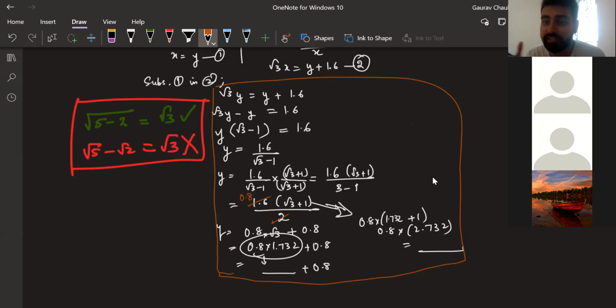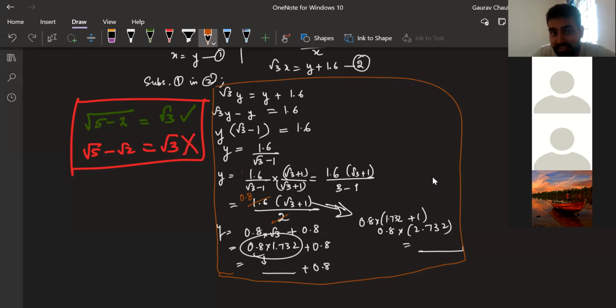Now I left it. Okay. So I don't want to get into that long 0.732 in the denominator. I don't want big decimals in the denominator. Maybe some small things I can handle. But there's too much in an exam. So what I'm going to do, I'm going to do this step. I get root 3 minus 1 here. Take it to the right hand side and I rationalize the denominator. So if I rationalize the denominator, I don't have any big problem in my denominator. I got a 2 here. Even if this was not divisible by 2, I could have divided by 2. That's easy to do. It's not dividing by 0.7.